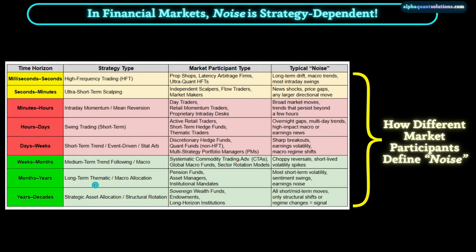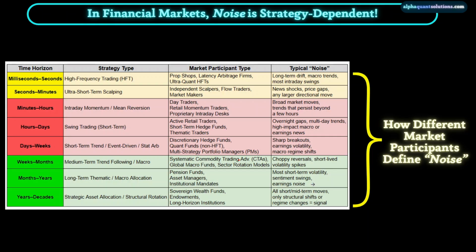Moving now to long-term investors and long-term asset allocators with strategies spanning a few months to a few years in terms of time horizon. What we can see here is that the day-to-day volatility and the short-term sentiment swings are pure static for them. And even the quarterly earnings is seen as noise and is often filtered out in search